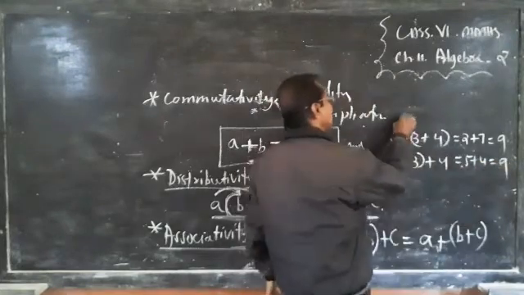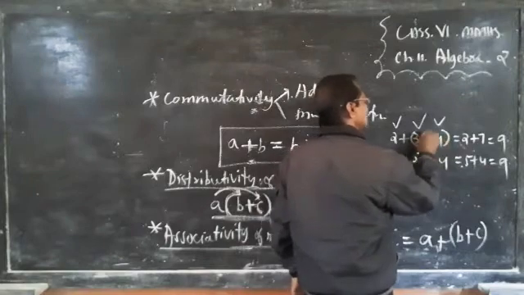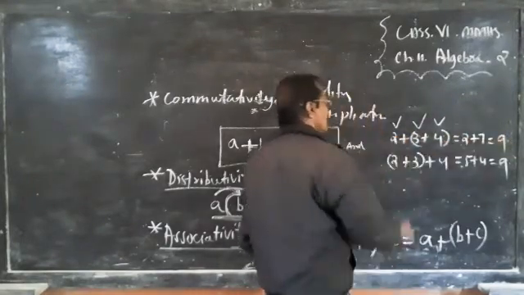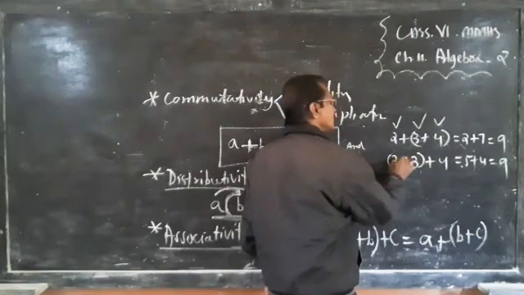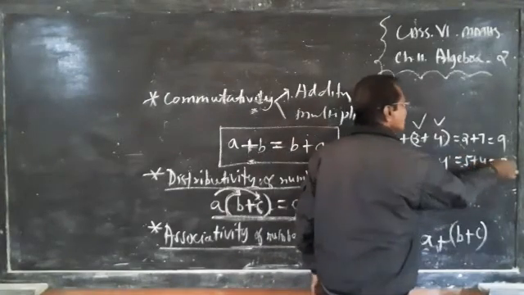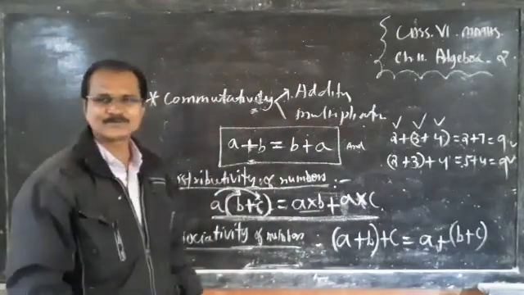तो अगर 3 नंबर हो तो पहले और दूसरा प्लस कर लो, तो 2 plus 3 है 5, और फिर तीसरे नंबर के साथ प्लस करो, 5 plus 4, तो भी आंसर वही आएगा. या 3 plus 4 है 7, फर्स्ट वन के साथ प्लस करो तो भी वही रहेगा. This property is known as the associative property of numbers.